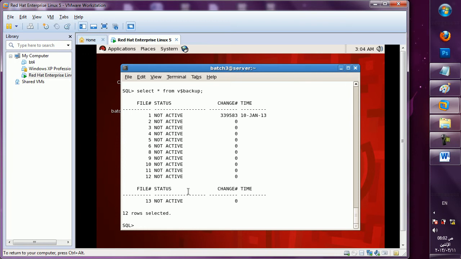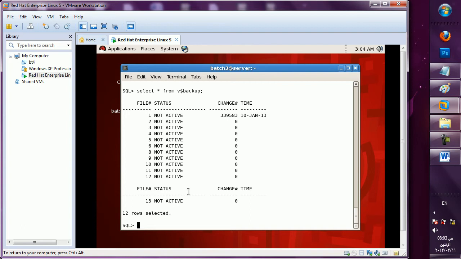That's why you can check this. If any file in the database is missing, which I have not done end backup for, you can easily check here and just go with the end backup command, alter tablespace name end backup. Not active means normal, active means the tablespace is in backup mode.